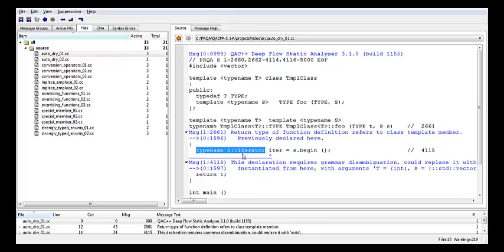Another example here is just in the body of this function. We need to specify that this qualified name actually refers to a type in order for us to be able to declare an object. So we have to specify that iterator is in fact a type. And you can see now that we have two messages from QA C++ highlighting that these can be improved with